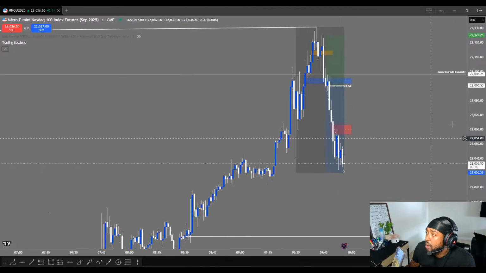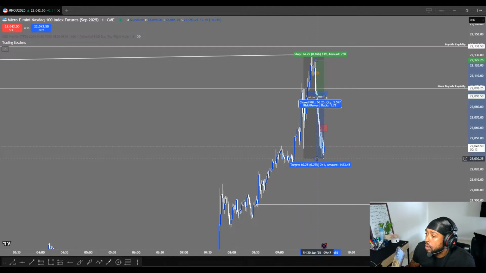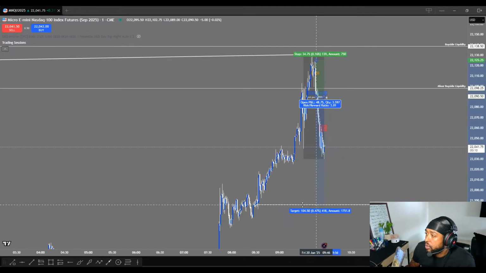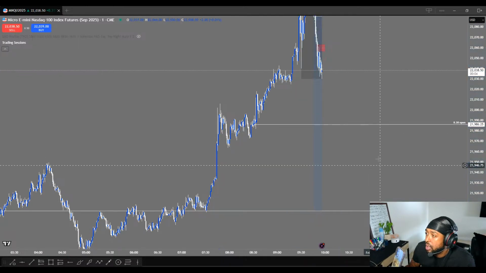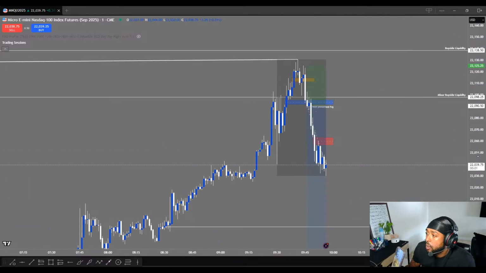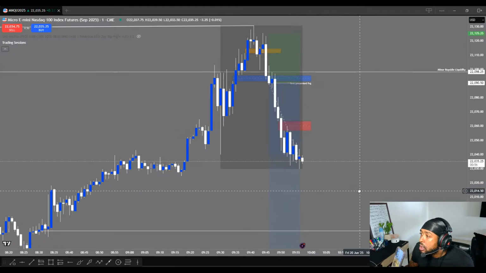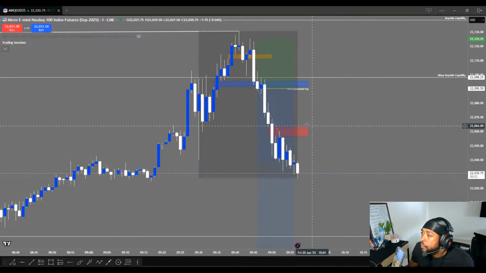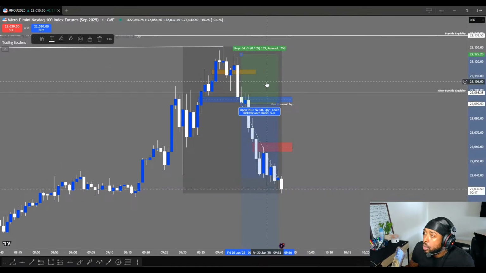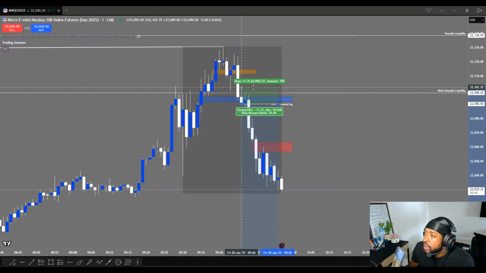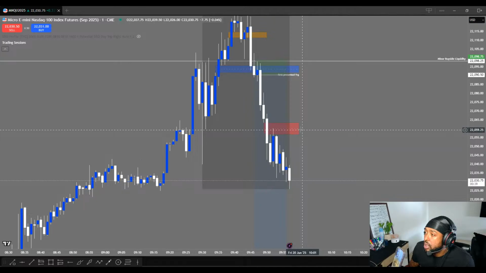And depending on how far I wanted to go down, I would say the first draw would be midnight open. I'm sorry, midnight open, not 8:30 open. And then if it breaks 8:30 open, it can probably go to midnight open, but I doubt it goes that far, because we do got multiple buy side. So yeah, eventually, once it displays lower, I would have brought my stop above the first fair value gap, and then I would have scaled in.